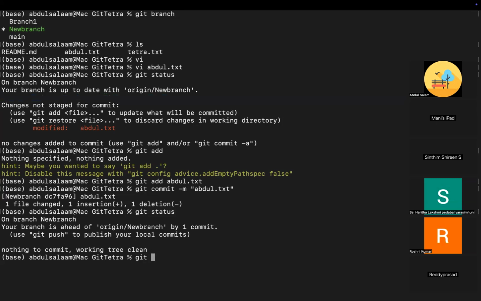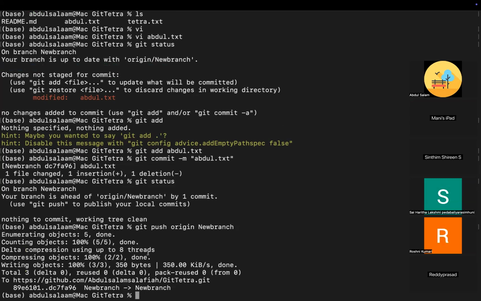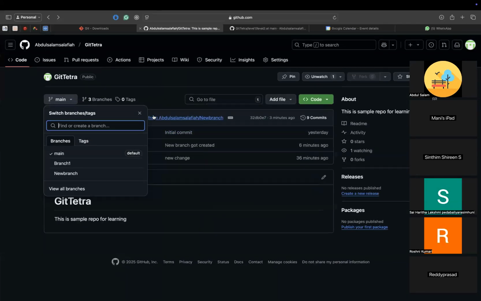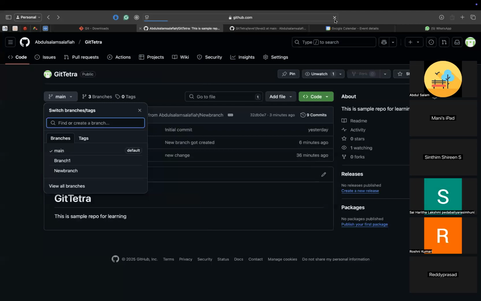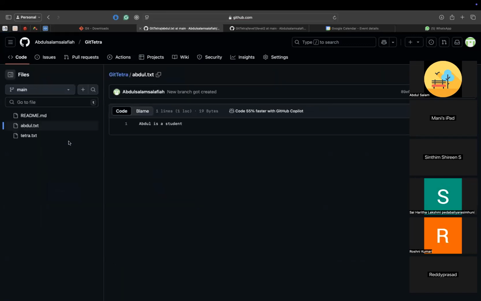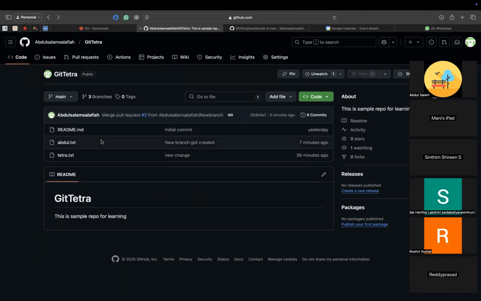So we just have to give git push origin, and your branch name, new branch. See, my changes got pushed to the new branch. If I come here and refresh, it's saying Abdul is a student here, but in the new branch,